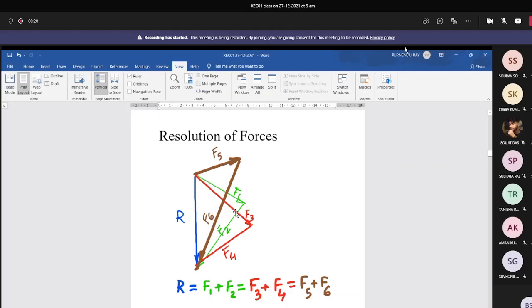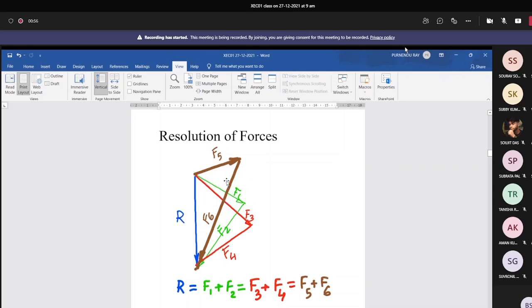F1 and F2. So F1 vector and F2 vector, when those are added, we get this. Similarly, from this triangle, these two red lines and this blue line, it is a vector summation of the forces F3 and F4 will give us this thing. This is simply the reverse way. Similarly, F5 plus F6. So this opposite process is applicable for an unlimited number of such combinations.